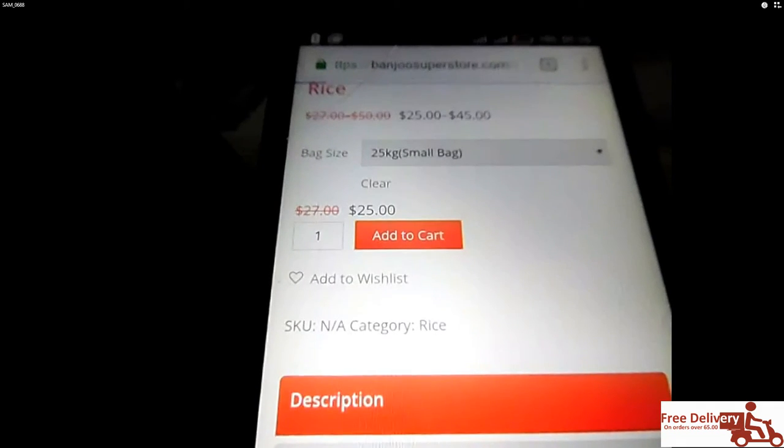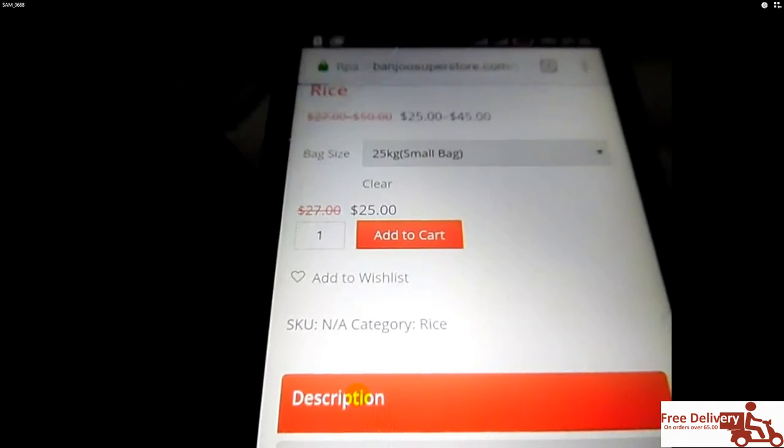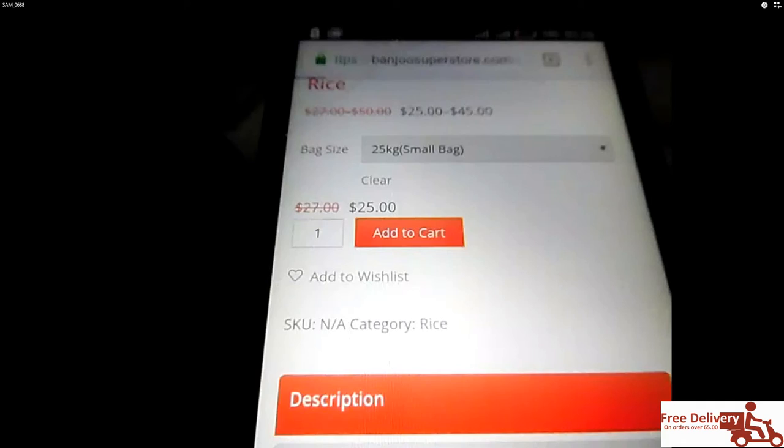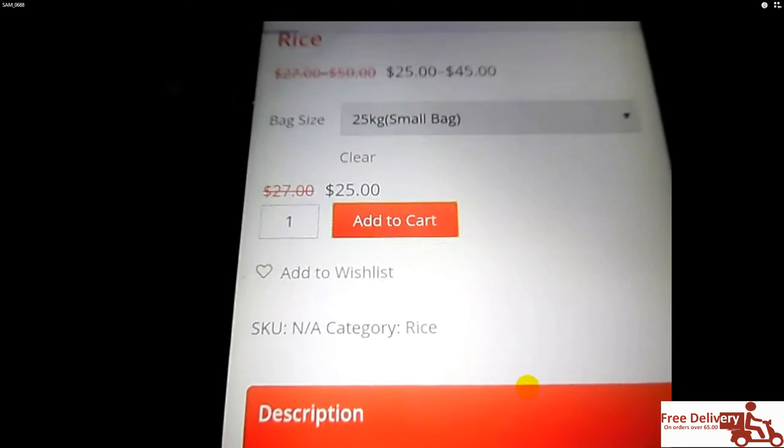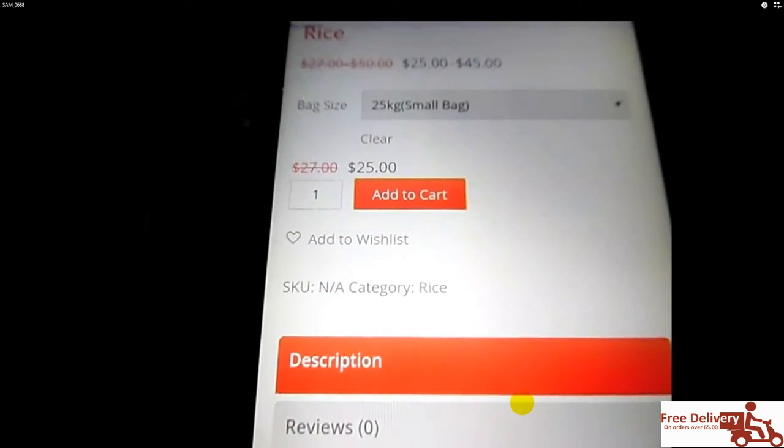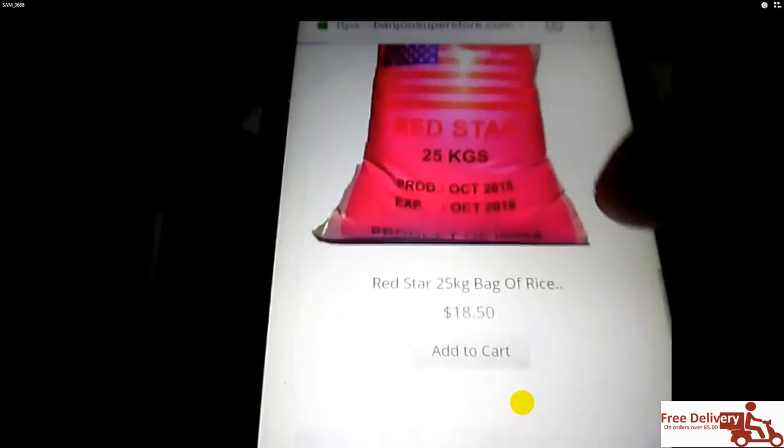I've now added this to my cart. And I can process this for payment instantly if I want to, and everything should be fine. This is just to show you how it works. So now I just bought this item. I can scroll down the page, see the other items there,